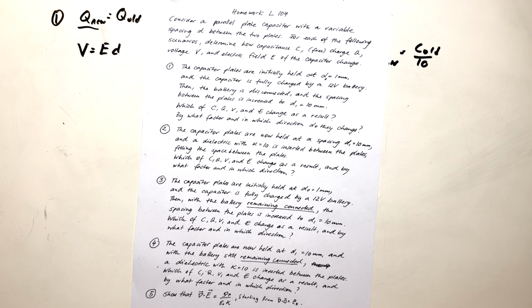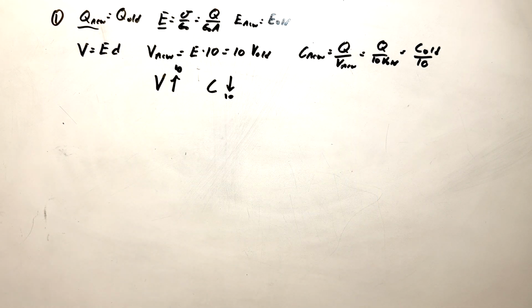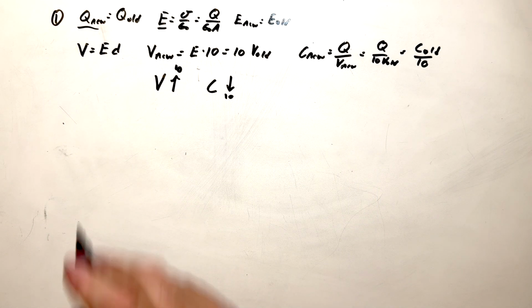All right, number 2, the capacitor plates are now held at a spacing of 10 millimeters, and a dielectric with K, the dielectric constant, equal to 10, is inserted between the plates, filling the space between the plates. So we insert the dielectric material, it fully fills the space in between the plates of the capacitor, and so which of the quantities change, C, Q, V, or E, as a result, and by what factor and in which direction? Okay, so for 2,